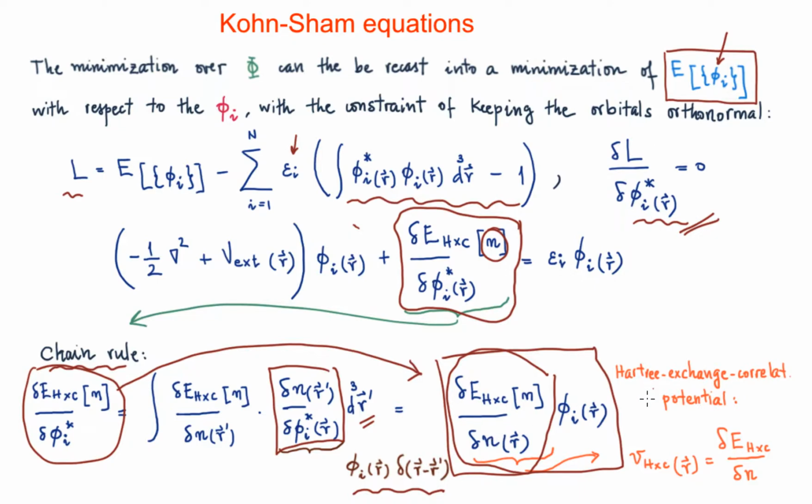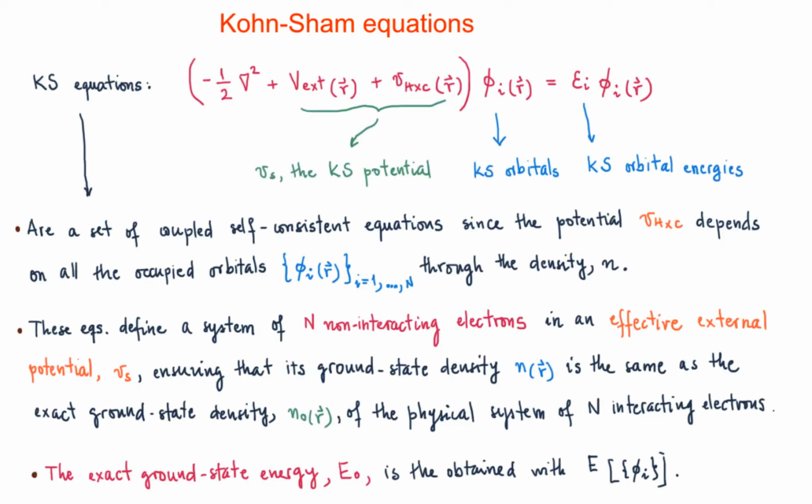We're going to call it the Hartree exchange correlation potential, and we are going to write it as V_Hxc, which is going to be dependent, of course, on the density evaluated at r. So now we know that expression. We're going to substitute all of this we have here with this result here. So we are going to plug this one here, and when we do that, the final result we have